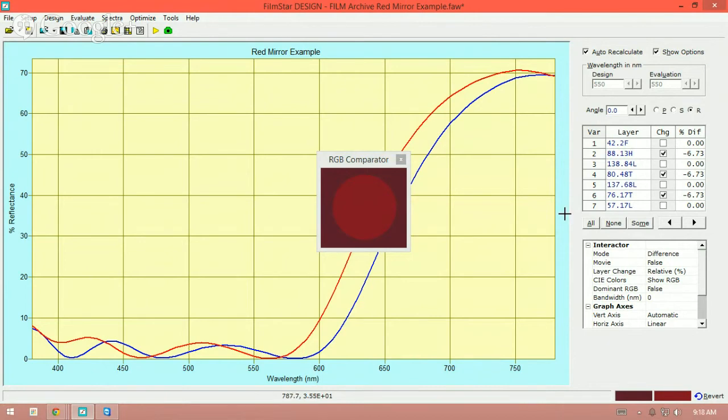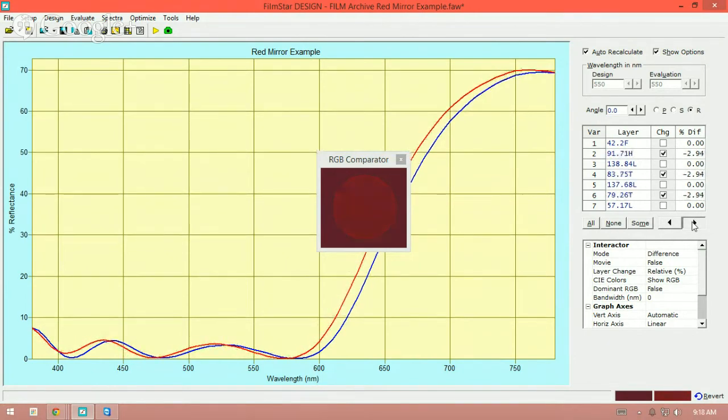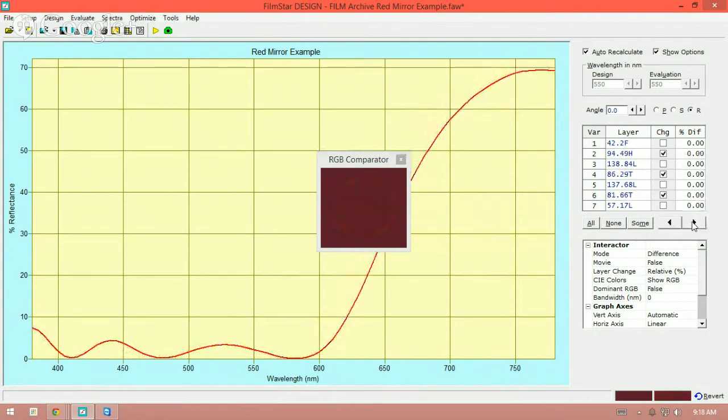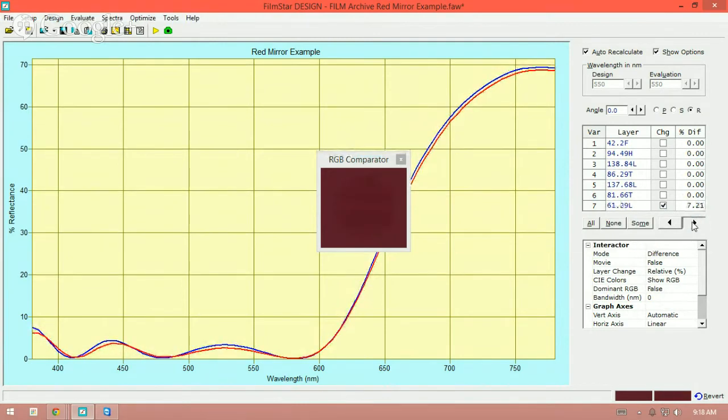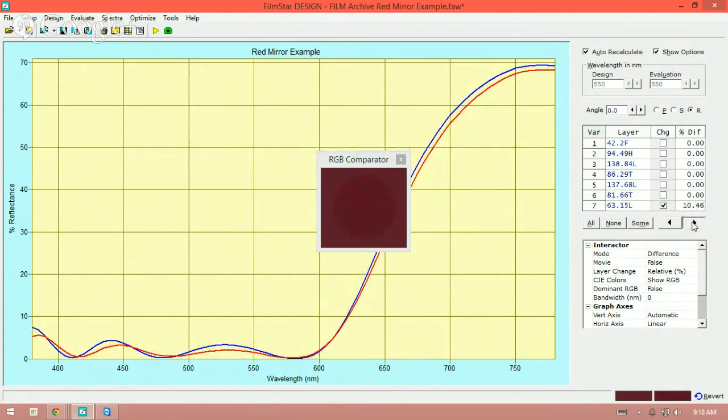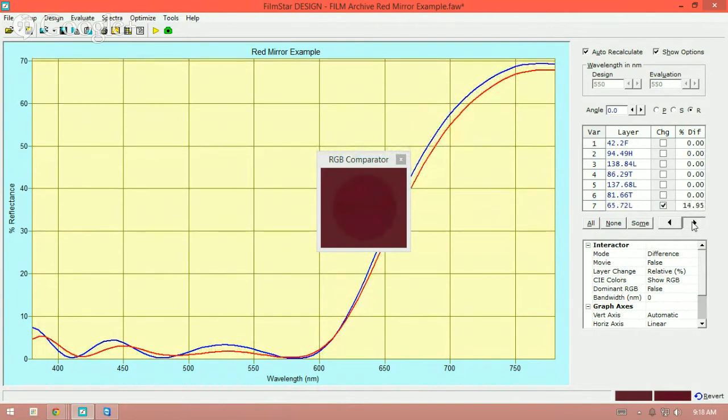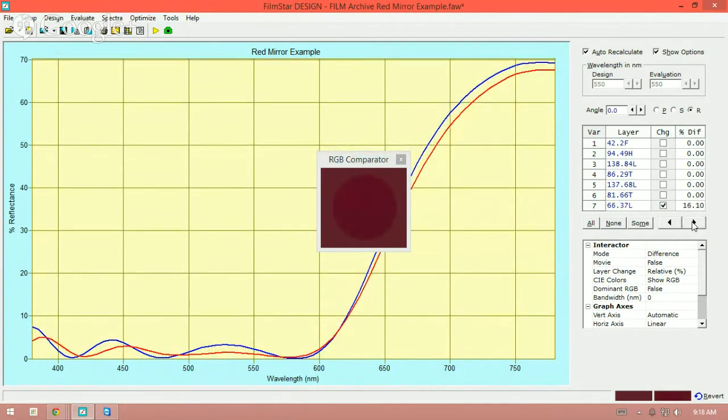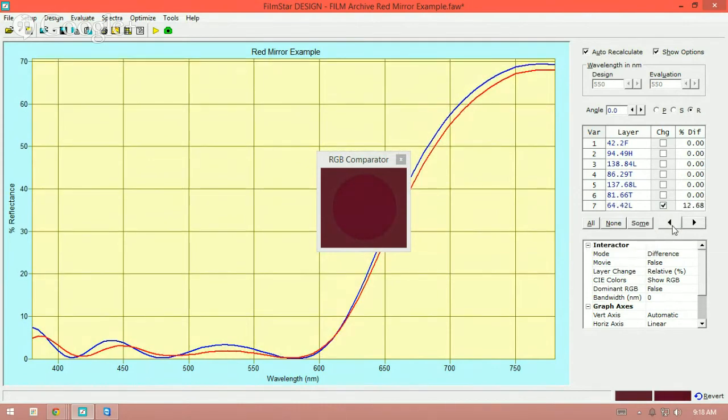If it's not, maybe these aren't the ones. Maybe this isn't the material or the layers that I'm having a problem with. It might be just the last layer. You can make the last layer a bit longer and watch how it changes color. See how the curve changes and watch how the color changes. This is really, really handy. This is really, really nice. It comes in